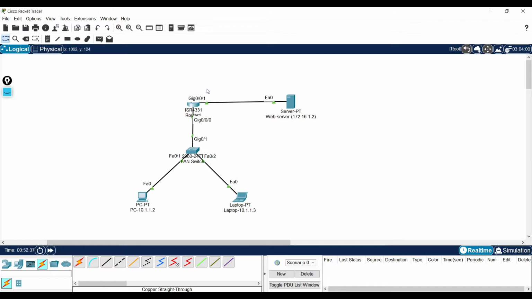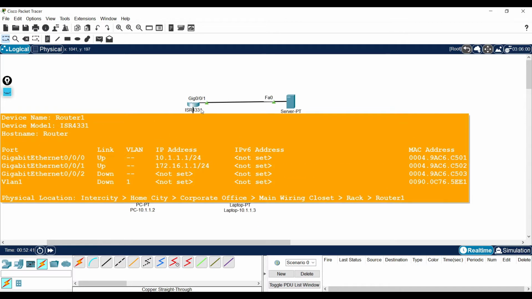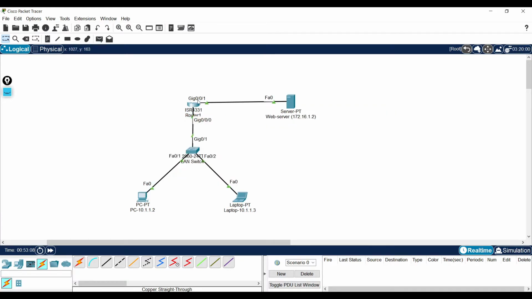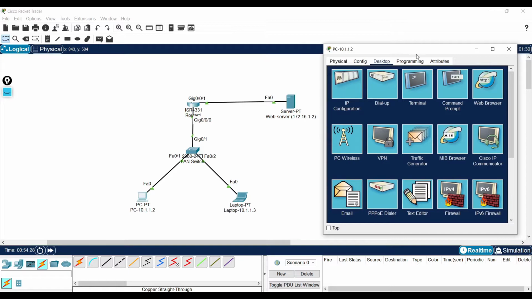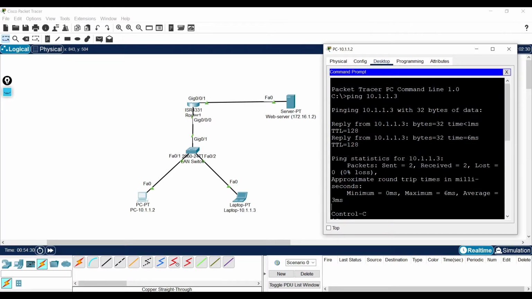The gateway is like an entry point or exit point for a particular network. If a network packet wants to move to another network, in such a case the gateway will come into the picture. As long as you need to communicate with the devices in the same network, the gateway is not required. Let me ping my destination, the server.